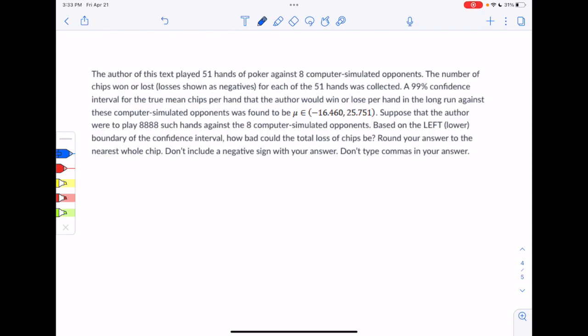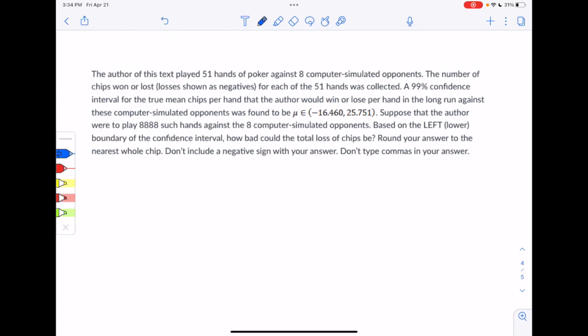The author of this text played 51 hands of poker against 8 computer-simulated opponents. The number of chips won or lost, losses shown as negatives, for each of the 51 hands was collected. A 99% confidence interval for the true mean chips per hand that the author would win or lose per hand